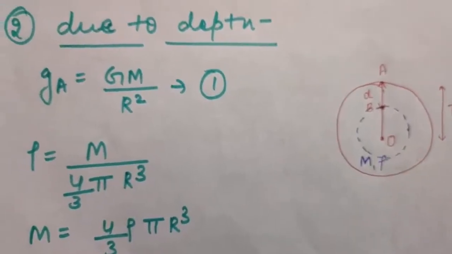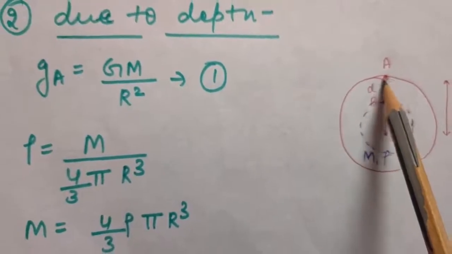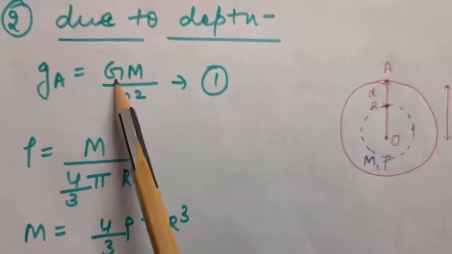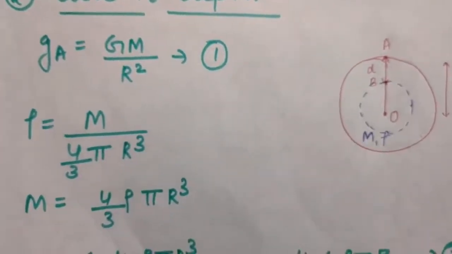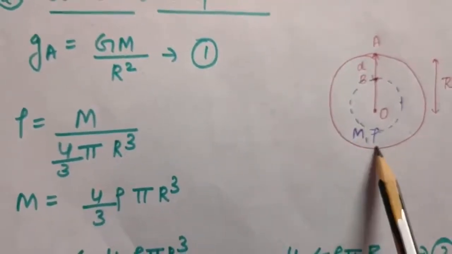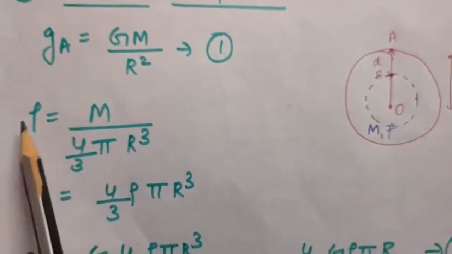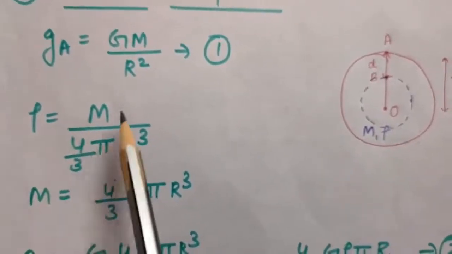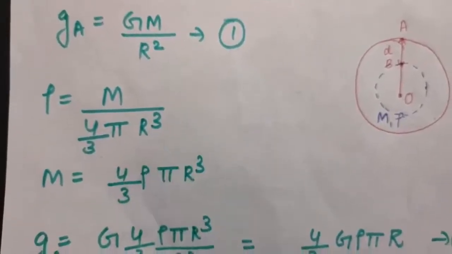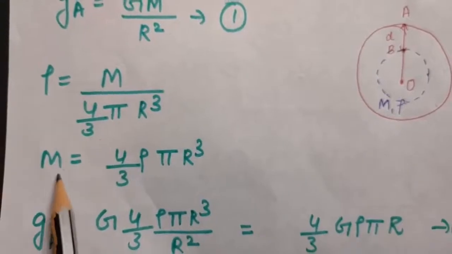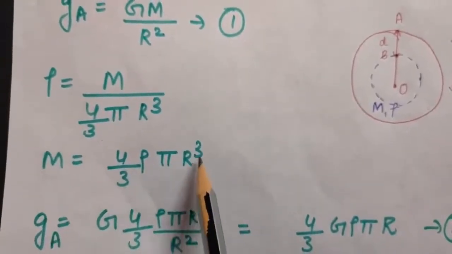Now see, at this point A, you know the value of acceleration due to gravity, that is GM upon r square. This you did in the last lecture. Now let us suppose rho is the density of the earth and it is uniform everywhere. So density is mass upon volume. So mass is m and volume is 4 by 3 pi r cube, right? So from here, if you calculate mass, that will come to be 4 by 3 rho pi into r cube,